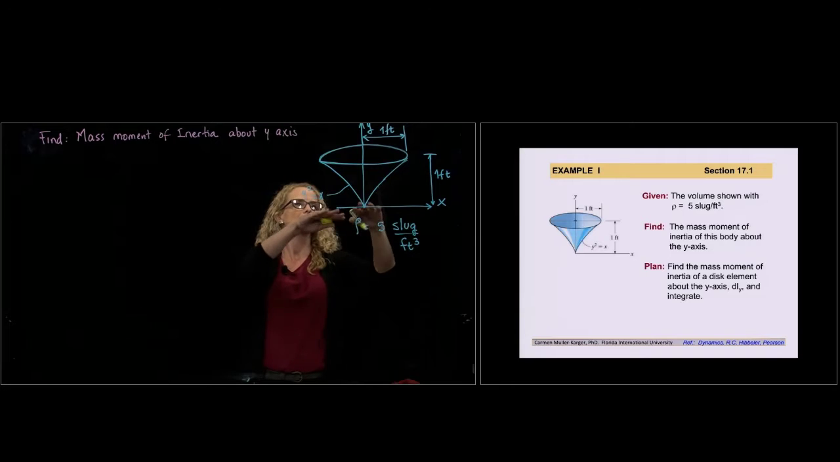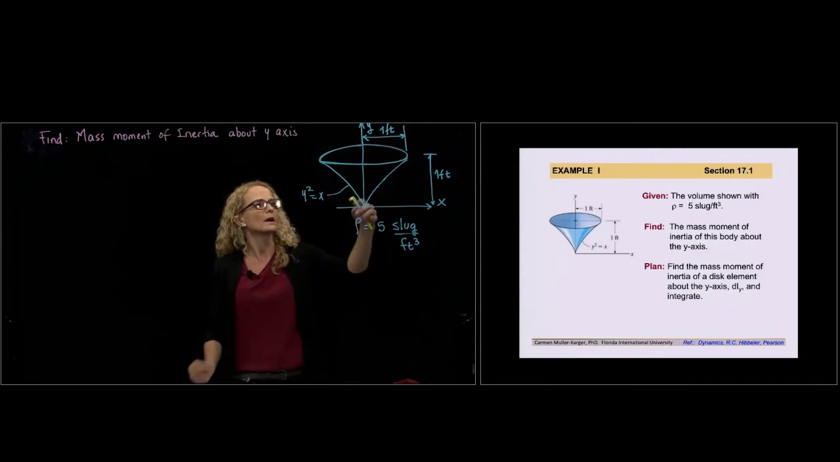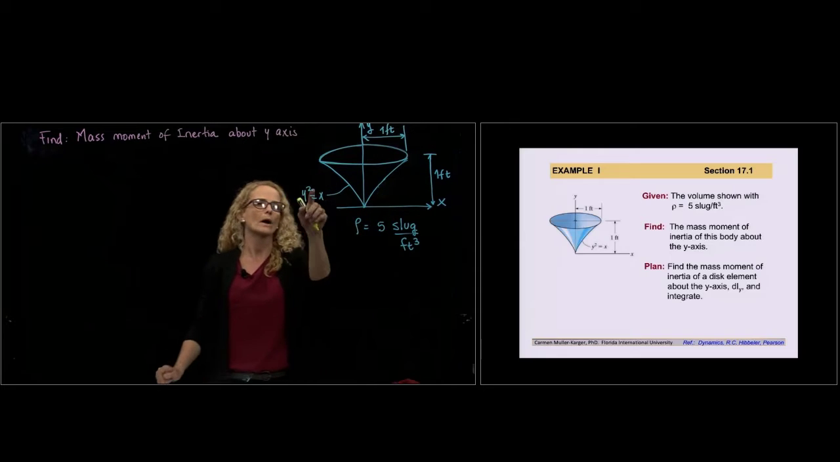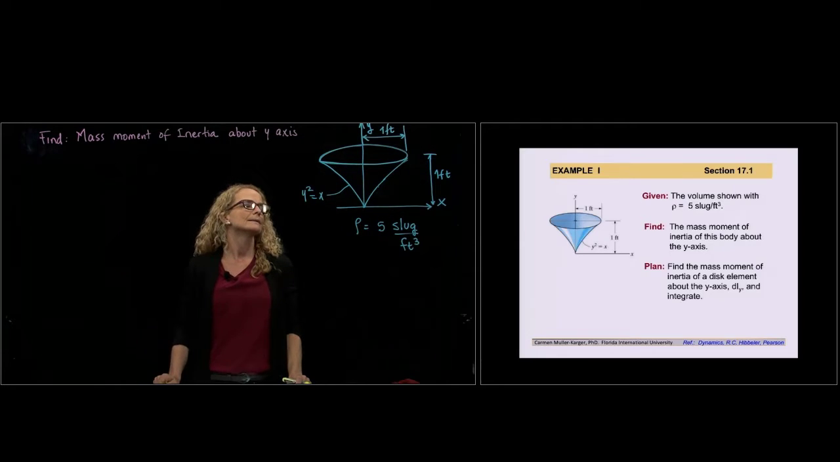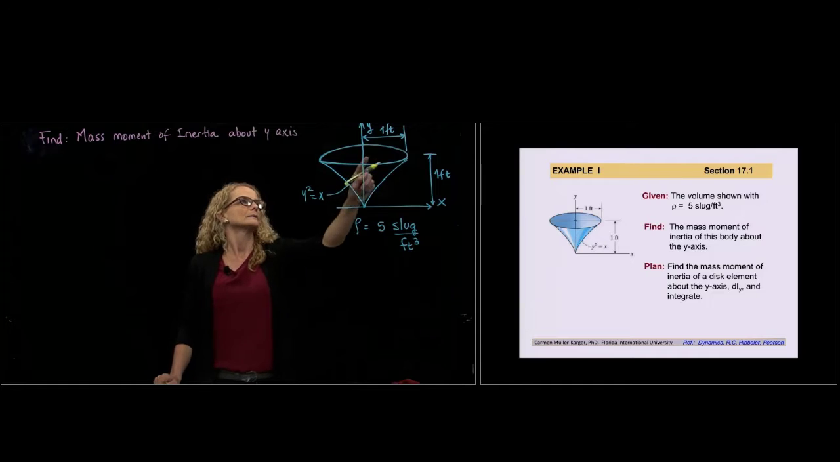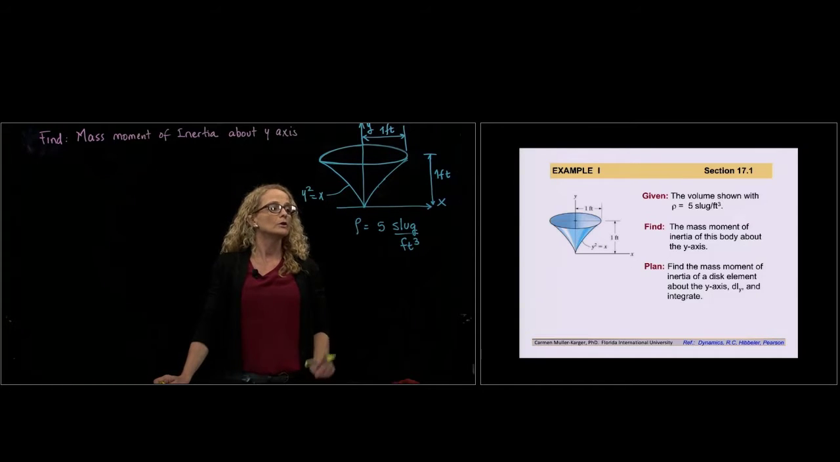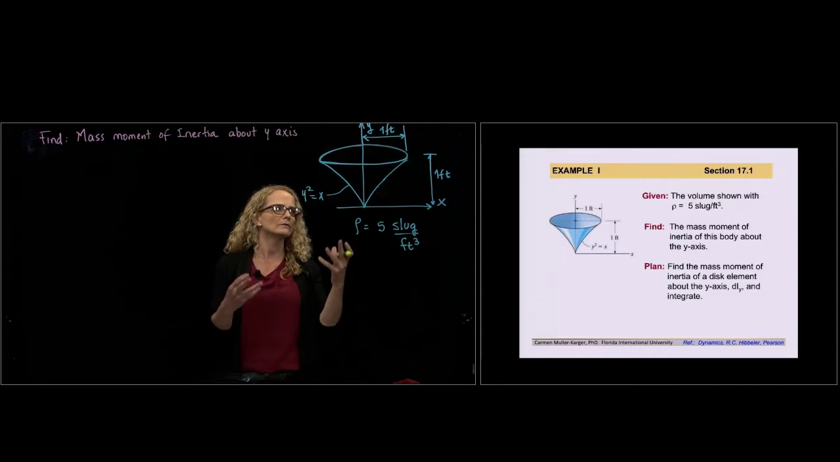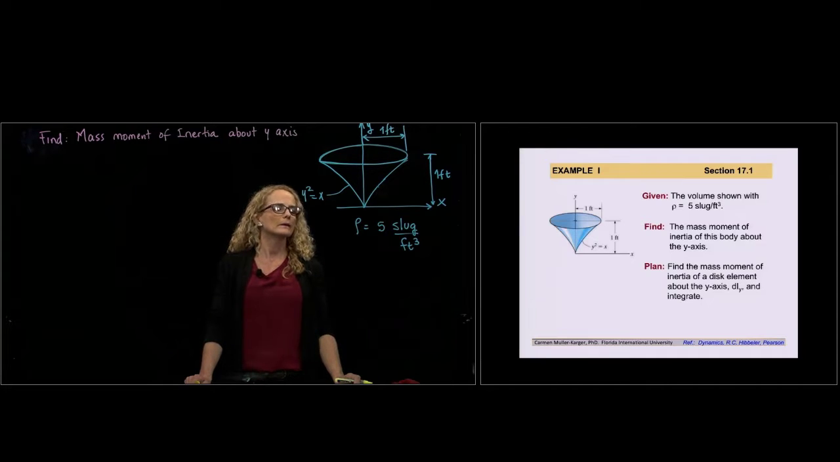It has a height of 1 foot, and the curve that describes its boundary is y squared equals x. At the top it has a radius of 1 foot. We know the density of the material that composes that volume, and the method that we are going to use is